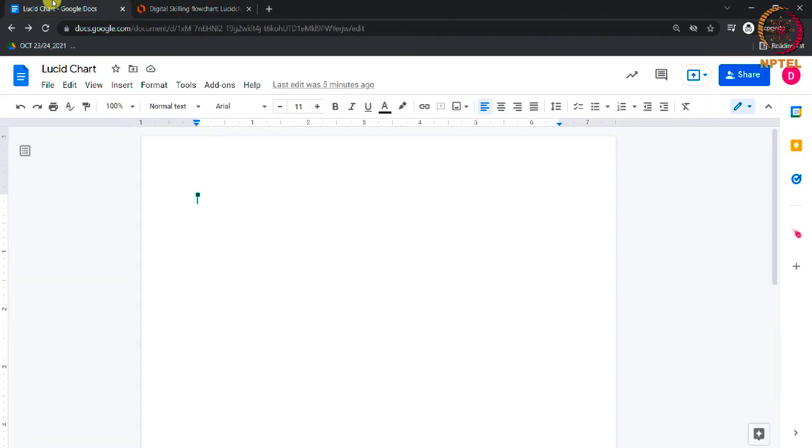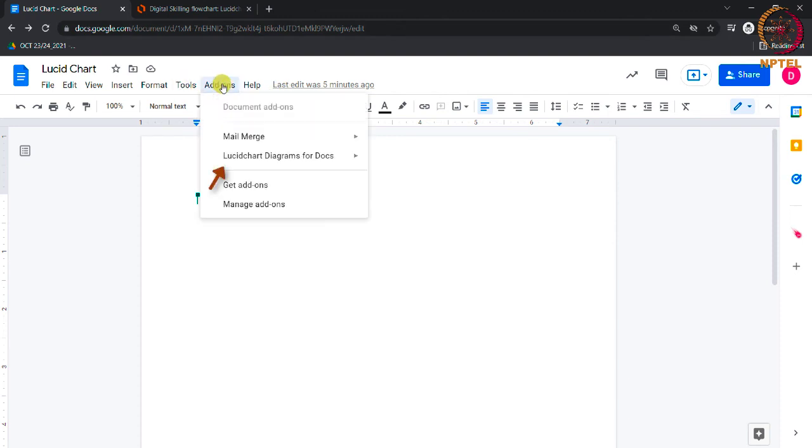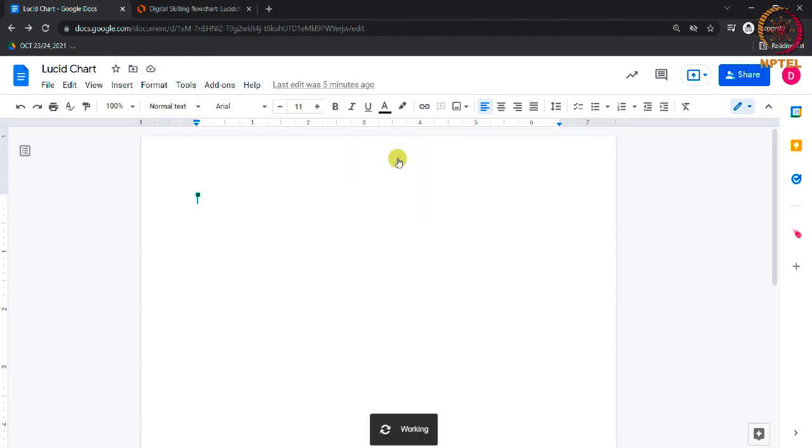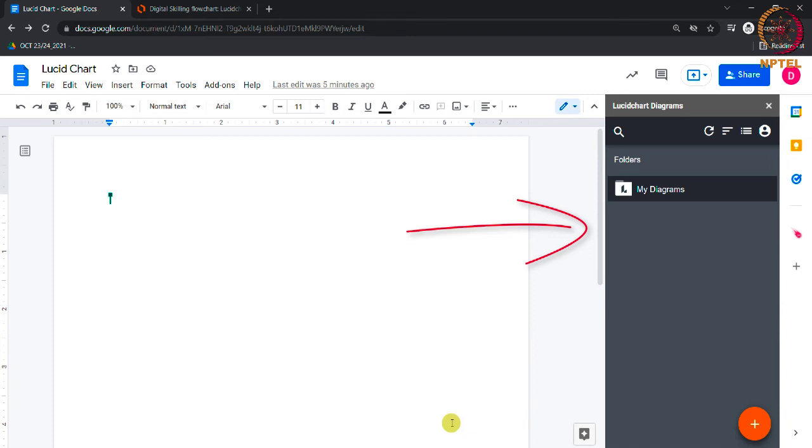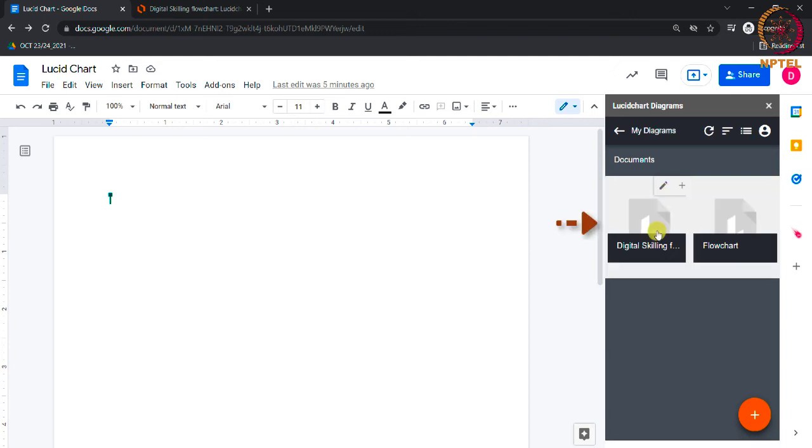Go back to your document and go to the Add-ons option. Next, select the Lucid chart and select Insert Diagram option. On the right side of your window, you can select the My Diagrams option and select the diagram which we saved now.